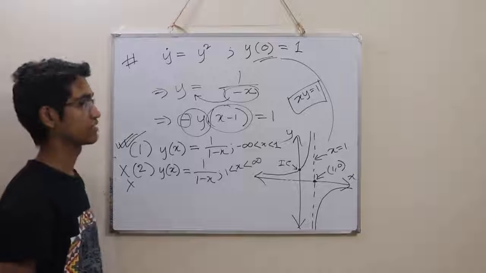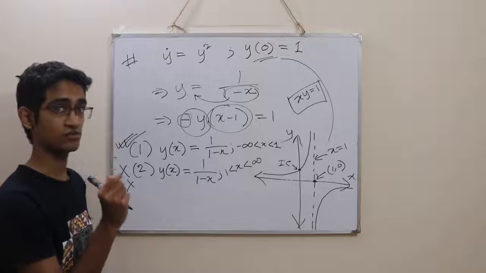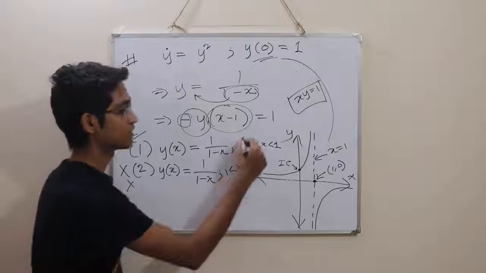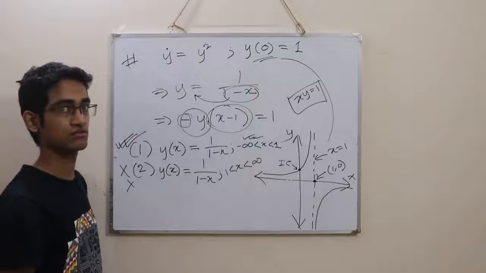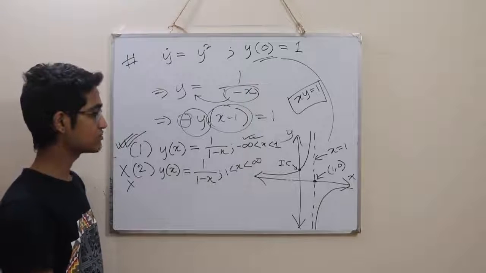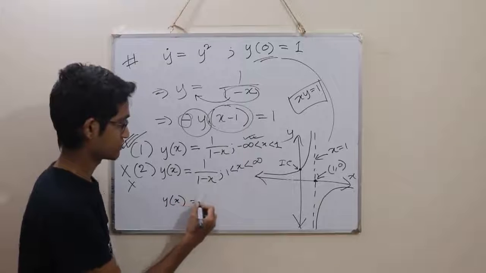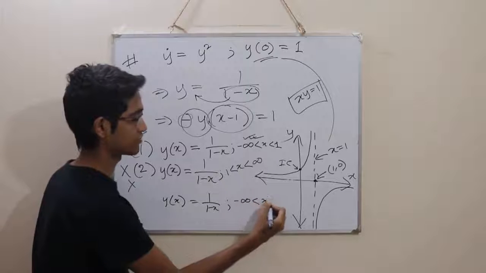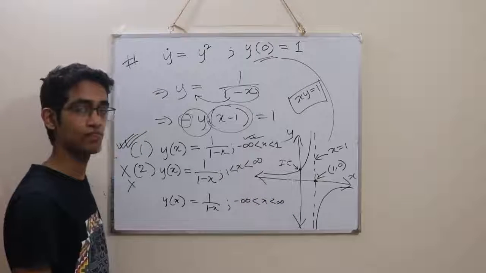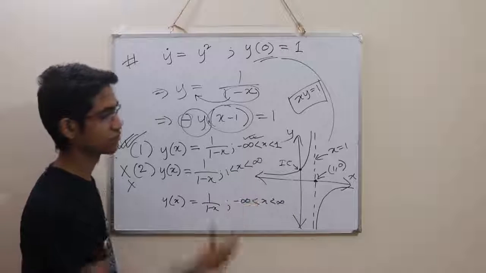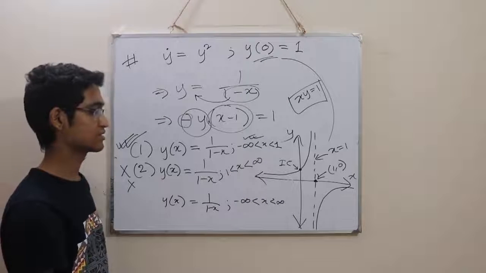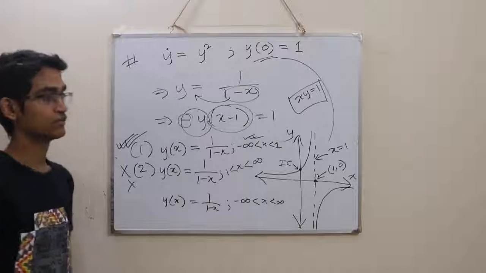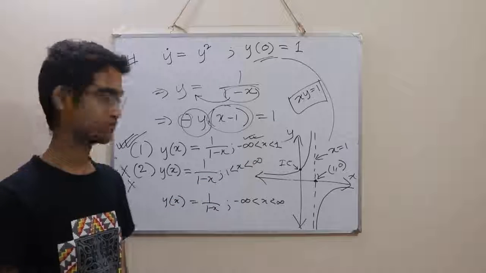So from here what we understand is that if we really want to be meticulous about solving differential equations, we have to mention the range of our solutions. If we simply write that the solution is y of x is equal to 1 over 1 minus x, then it is implicitly assumed that x varies from negative infinity up to positive infinity without any break. But this is not the case. Our case is that x does not include 1. So we must say that this is the solution and this is the range that we have, we can let x vary between, and this is not